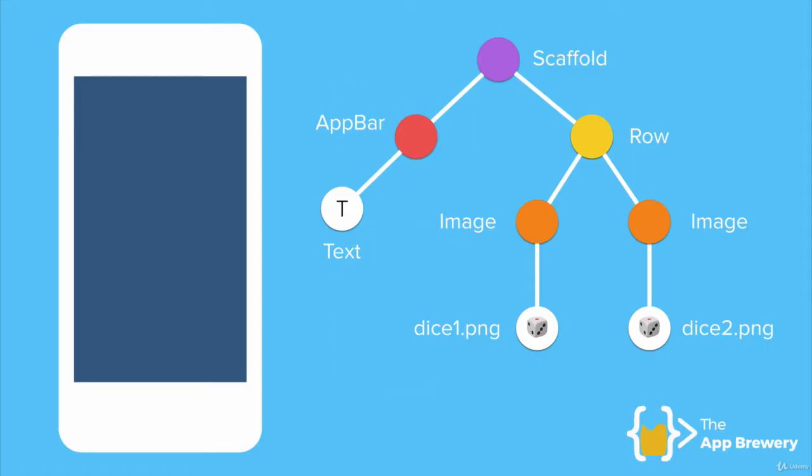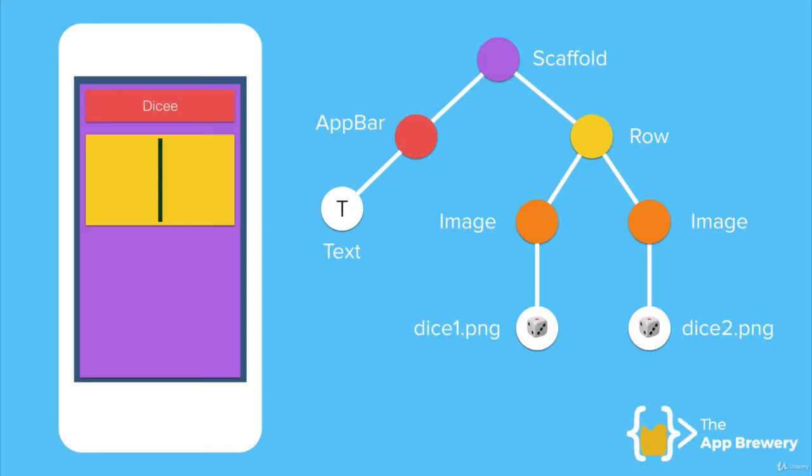We're going to start off, as with all of our apps, with a scaffold. And in this scaffold, we're going to have an app bar. But for the body of the scaffold, we're simply going to have a row with two images, each containing a picture of a dice image. Now that we've got an overview of what the user interface should look like, let's go ahead and build it